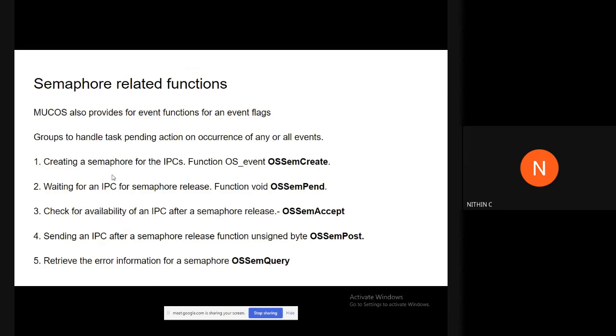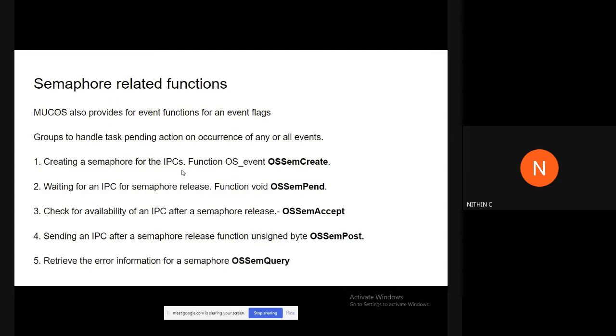In the case of a binary semaphore, we will be initializing it with 1. If it is a counting semaphore, as per the number of resources that are available, we will be specifying a count.